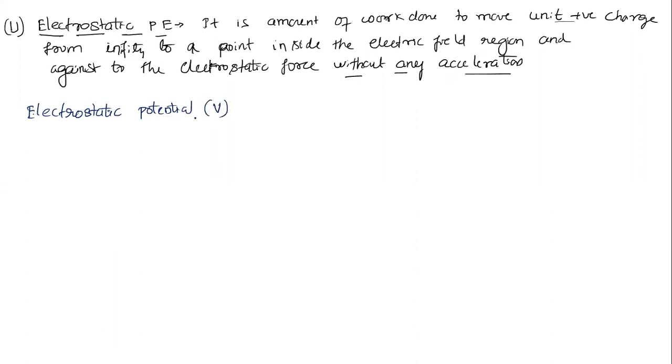So here, the amount of work done to bring a charge from infinity to a point is proportional to which charge you are going to bring. Means if the charge is a little heavier, you should do more work. If it is small, you should do less work. If I remove the proportionality sign, it will become W is equal to V times Q, where V is what we call the constant of proportionality. For this constant, one name is given, that is what we call electrostatic potential.